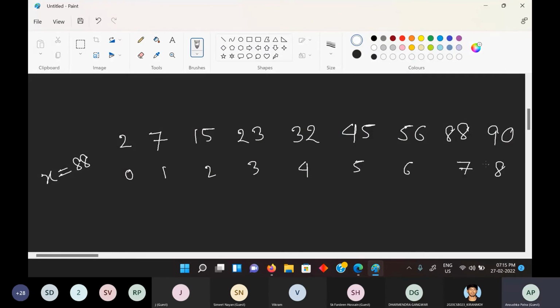Okay. So I am taking the middle element. So 0 plus 8 is 8, divided by 2 is 4. So this is my middle element. So I'm checking now: is 88 smaller than 32, or greater than 32, or equal to 32? So it's greater. So I can entirely